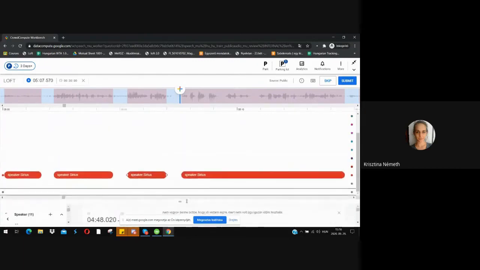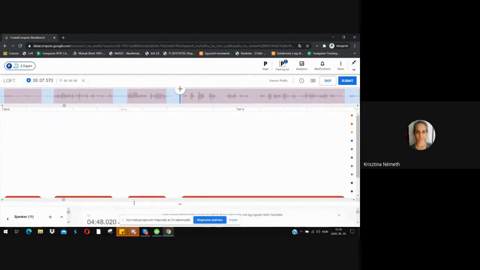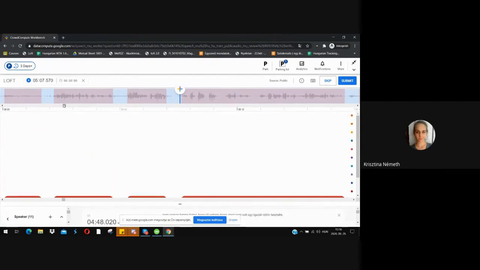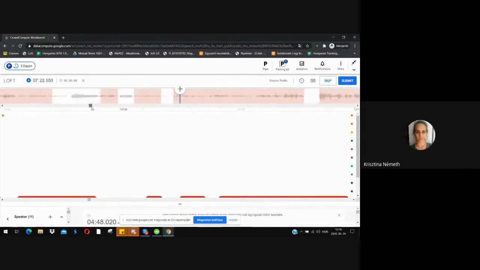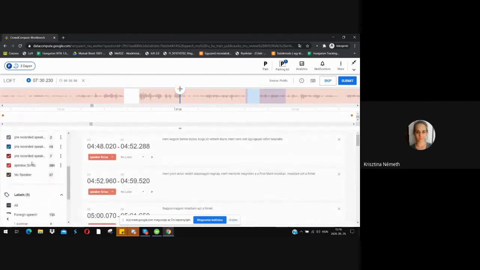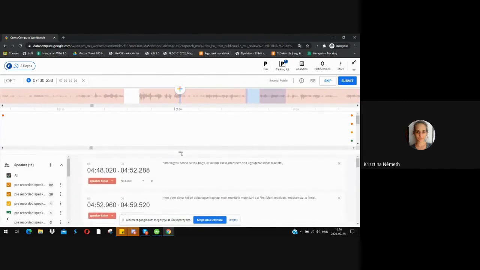But as you can see, there is one difficulty. If you have many speakers, then you can't really see them at the same time if it's more than like 4 or 5 speakers. So for example, in this task, there are a lot of speakers, so I would have to check many times to see all of them. But